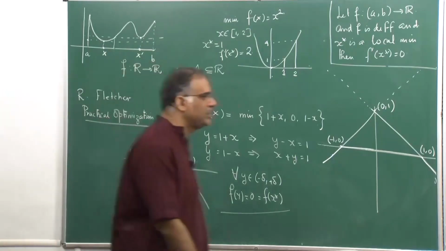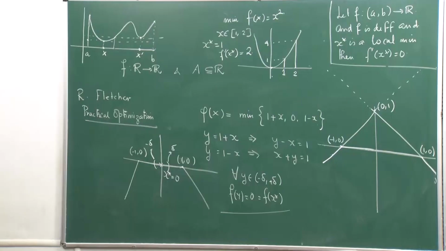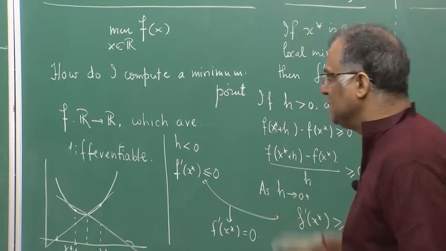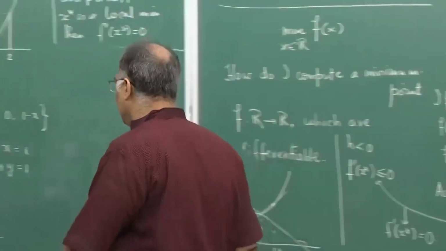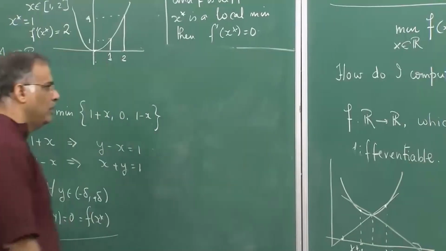So, how do you define a strict global minimizer? I will just write that definition. I am writing everything for minimum because I am more comfortable with it. Everybody does what he or she is comfortable with, but I would like you to also try out the things for the maximum. Those who are students from economics would like to try out the maximum yourselves, because that is what you would require. Now,